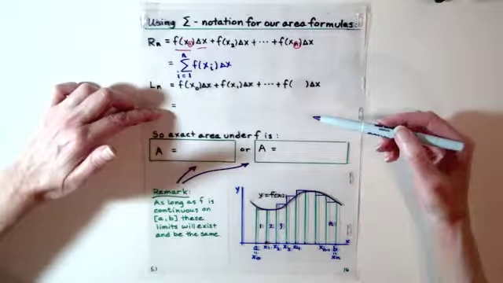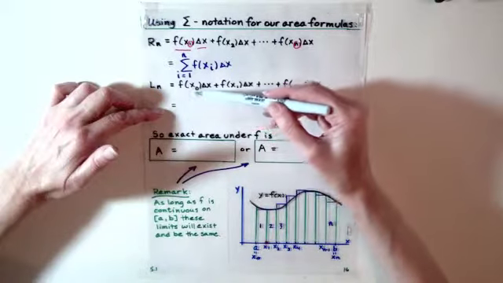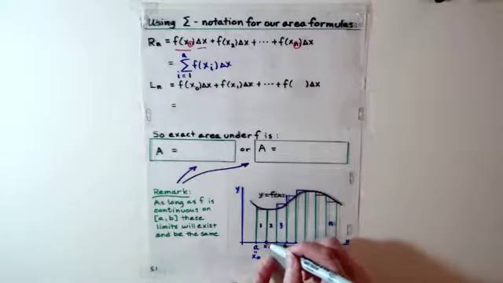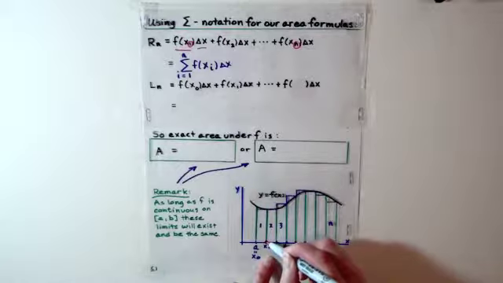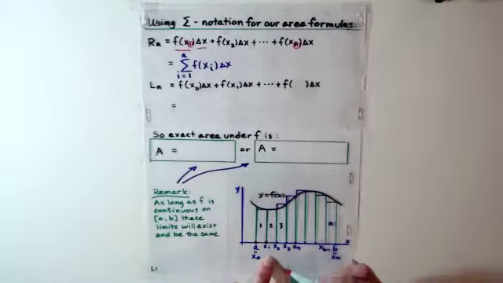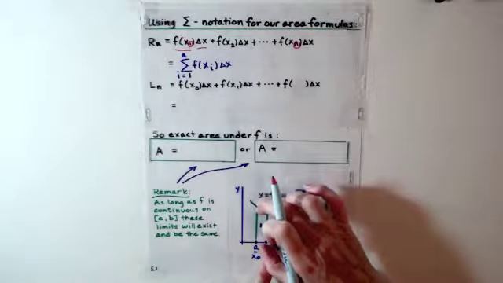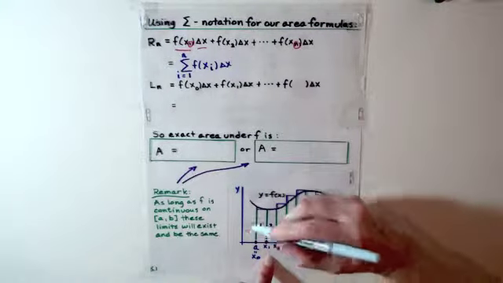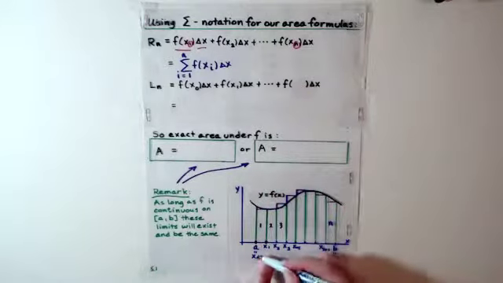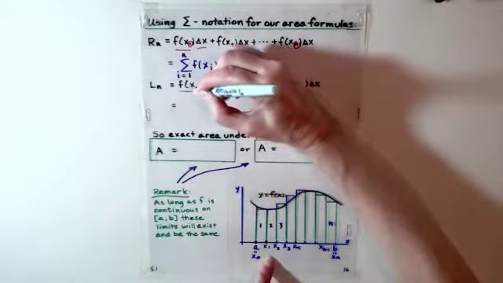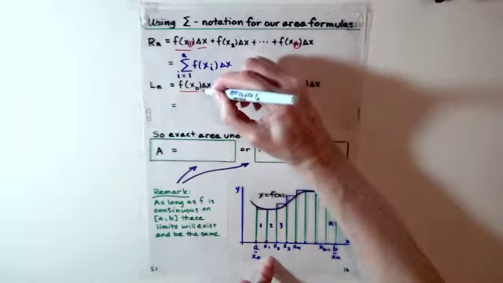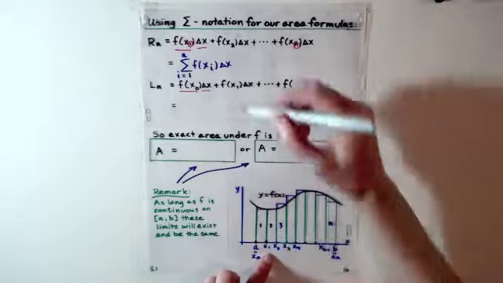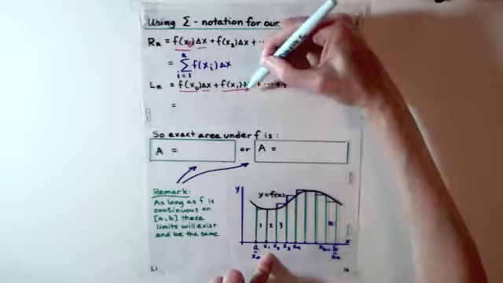Well, let's try the same thing with L sub n. Remember, that was f of x0 delta x, and the reason for that was that for the left-hand rule, we looked at this first strip, and instead of choosing the right-hand endpoint to evaluate the height, we chose the left-hand endpoint to evaluate the height. So the left-hand rectangle would actually be above the one that I've drawn here, which is for the right-hand rule. So notice that this height would be f evaluated at x0, and so that's the height of my first rectangle. I multiply by the width, which is still delta x, and then I move on to the second strip. Its left-hand endpoint is x1, so the height of the second one is f of x1, multiply by its width,